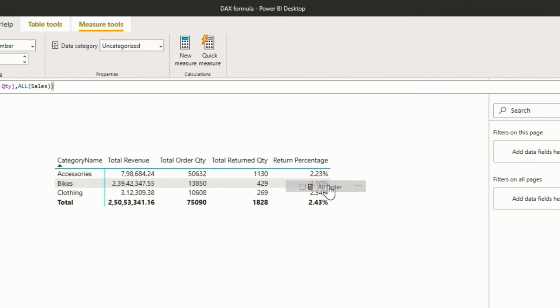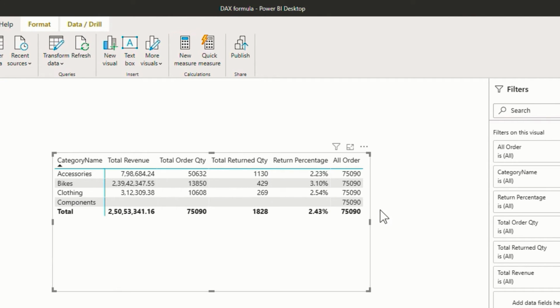Okay, so now we have the All Order measure under the All DAX table. I'll drag and drop it over here. So you can see that the value over here is the total order. No matter what the category is, there is no filtration, and the value is the same as the total order, which is 75090.